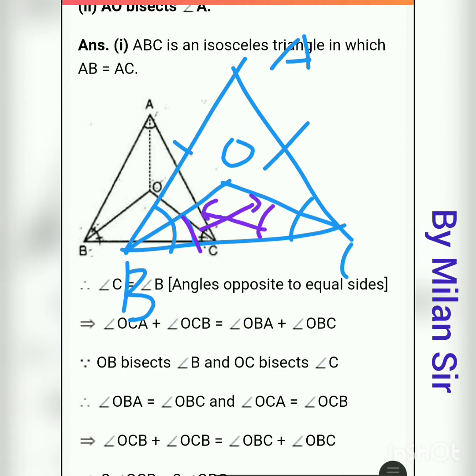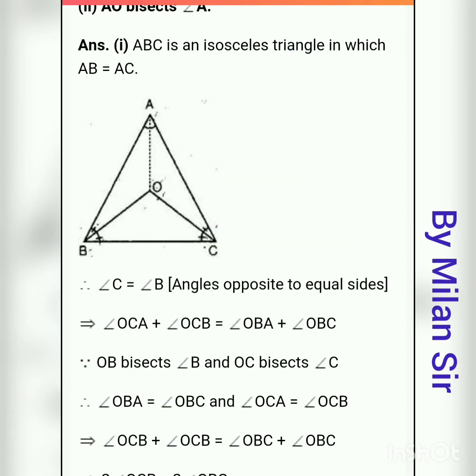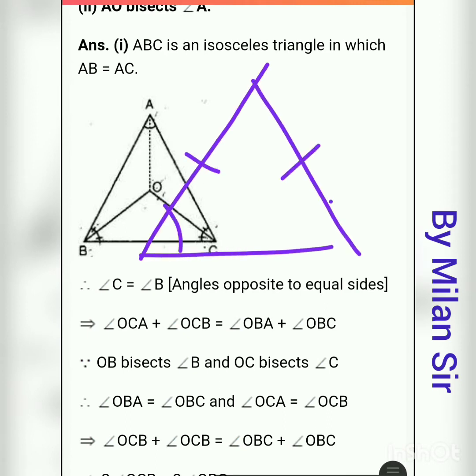We have two theorems. If two sides are the same, then the two opposite angles are the same. Now the reverse: if two angles are the same, then the two opposite sides are the same. First we used that these two sides are the same, so these two angles are the same. Now the halves are the same, so here two angles are the same, and therefore the opposite sides are the same. So OB is equal to OC. That means our first part is done here.